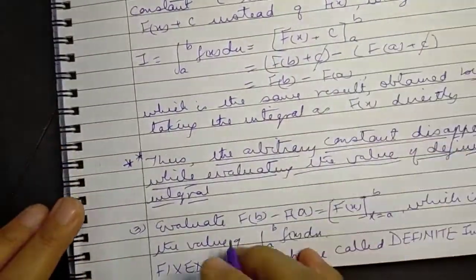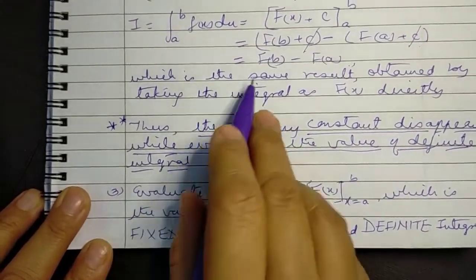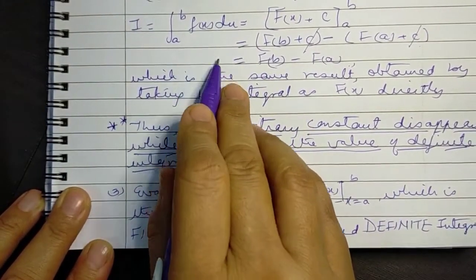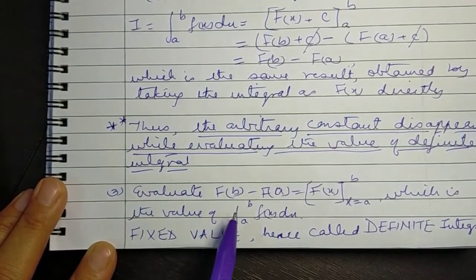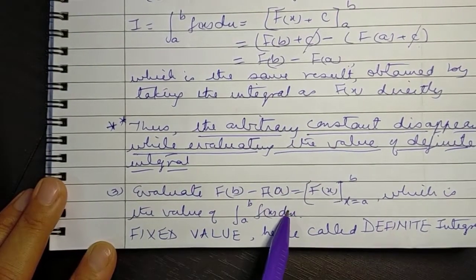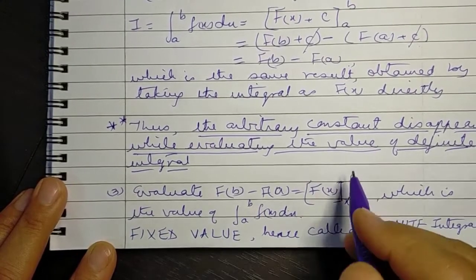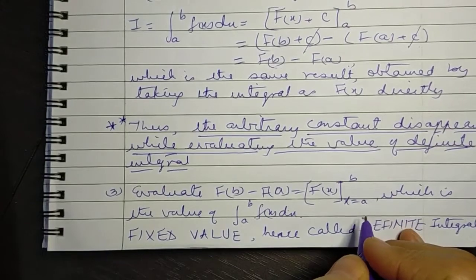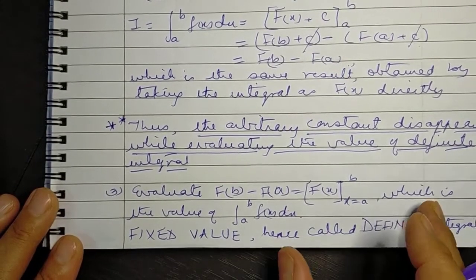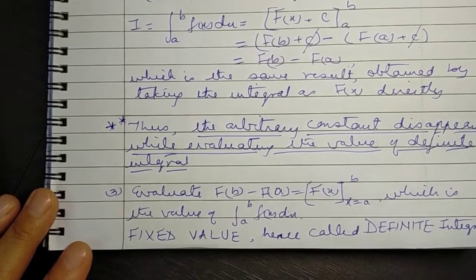And then after solving the indefinite integral, we finally get the value of the definite integral by substituting the upper limit, minus, to the whole function we substitute the lower limit. So whatever we get is a constant, and it is called a definite integral. So let's quickly take up some questions and see how we apply it.